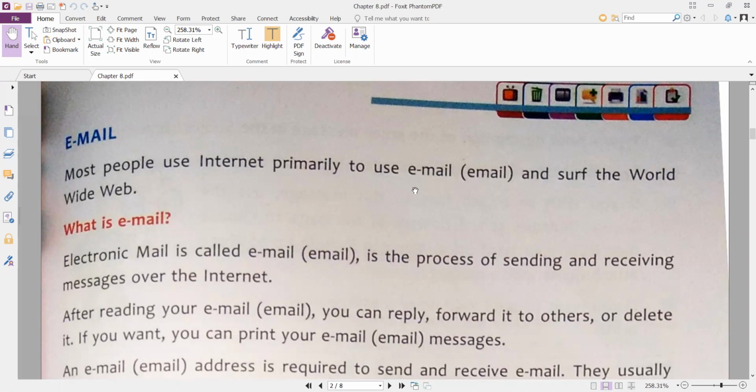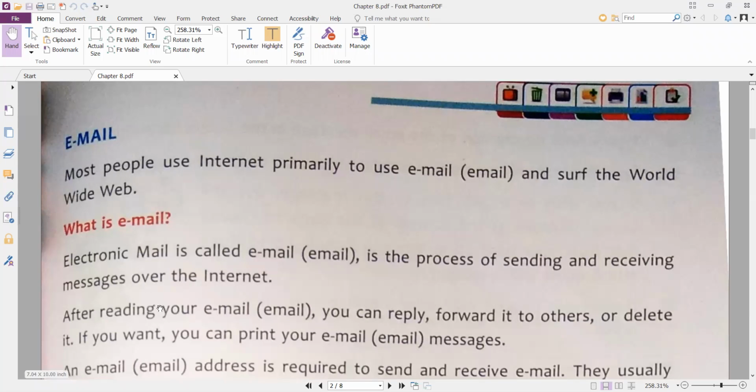So email was the primary reason why we were using the internet. So we should know what email is. Email or electronic mail is the process of sending and receiving messages over the internet.